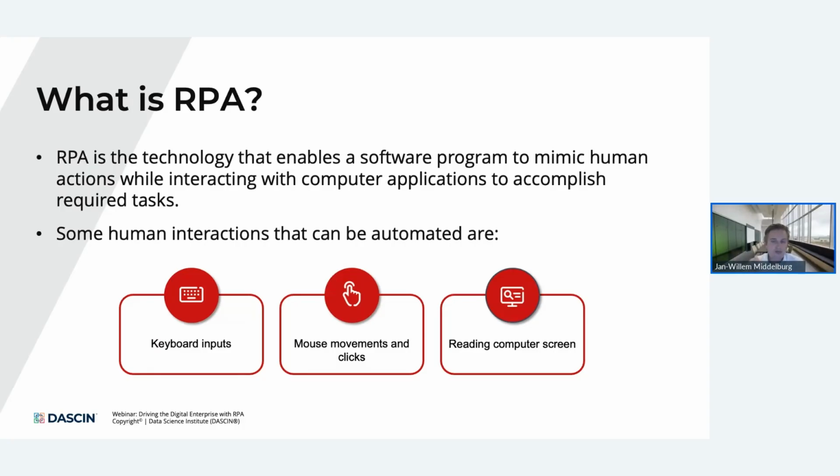Now, why do I specifically say the words mimic human actions? We will try to follow and repeat the steps that you take behind the computer as well. And the things that most people are doing behind the computer is either they're typing something, they are moving with their mouse to click on certain aspects, or they are getting information back from their computer screens. And it's exactly those key steps that are the basis of what we are trying to model in RPA workflows. And we'll see this in a second on how that works in practice.